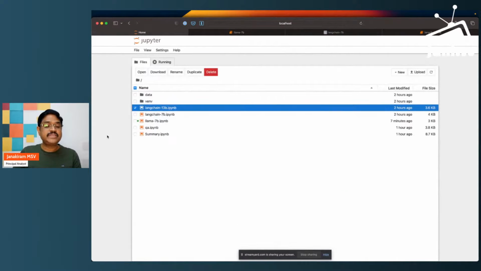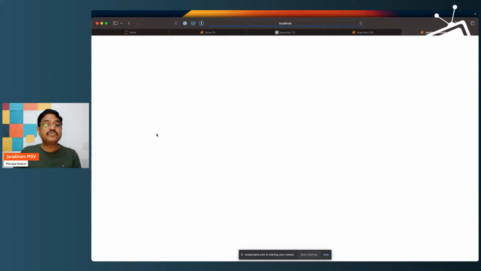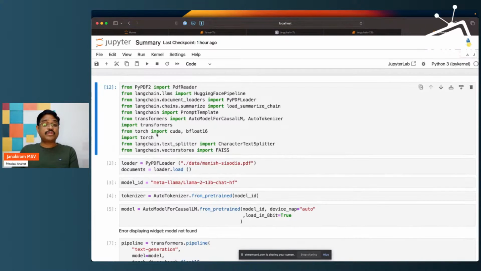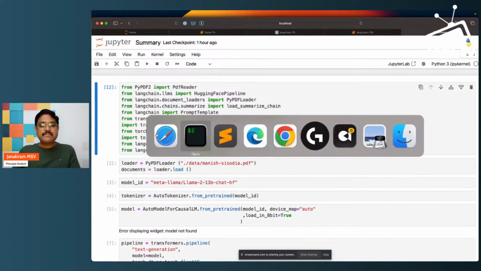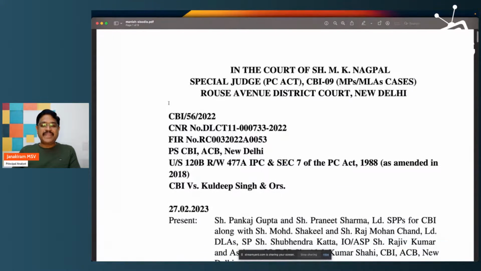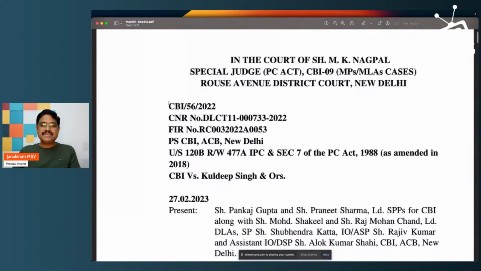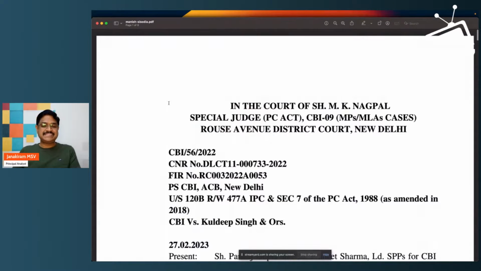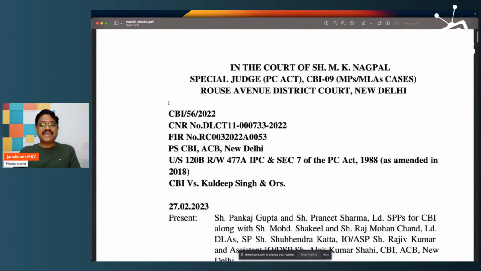Finally, I want to show you something that I have worked on. Now, obviously, I don't want to run this live. It takes a long time. But I was actually testing the limits of Llama 2. So what I did is I downloaded the document that talks about the Manish Sisodia case which is filed in